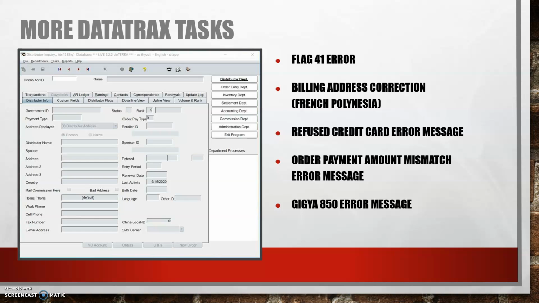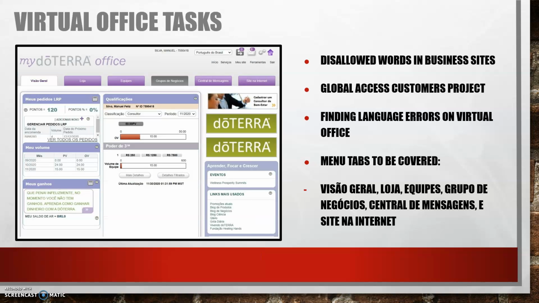Well, Visual Office tasks, starting with the disallowed words in business site. This is the visual of the Portuguese version of the Visual Office. I will show the English version in a minute. For disallowed words, the customers could find in the VO